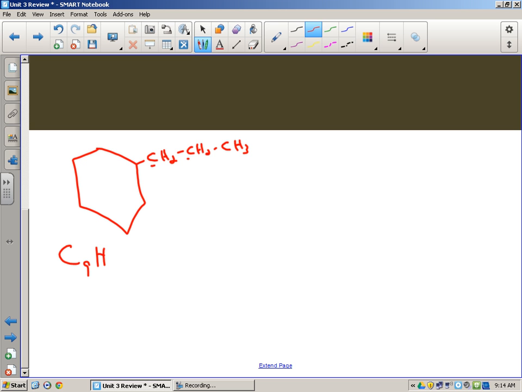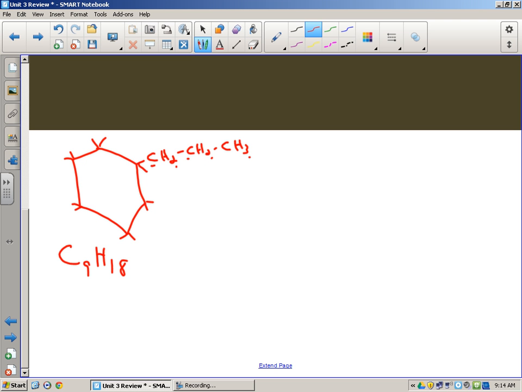And then H's 1, 2, 3, 4, 5, 6, 7, 8, 9, 10. Don't forget there's one there. 11, and then 12, 13, 14, 15, 18 looks like. So propyl cyclohexane versus